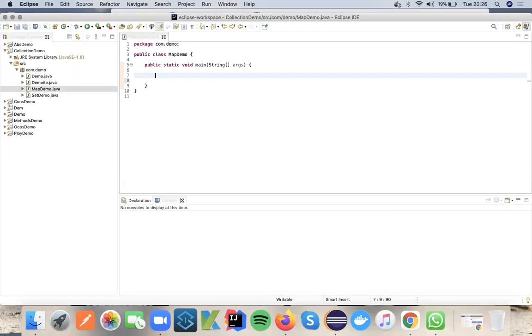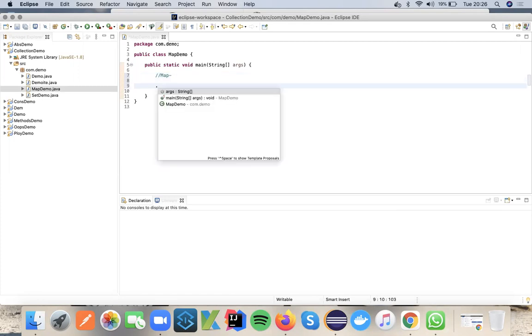Map is an interface which allows us to store the key value pair. When I say hash map, linked hash map and tree map, every map has its own functionality, which we will try to discuss.